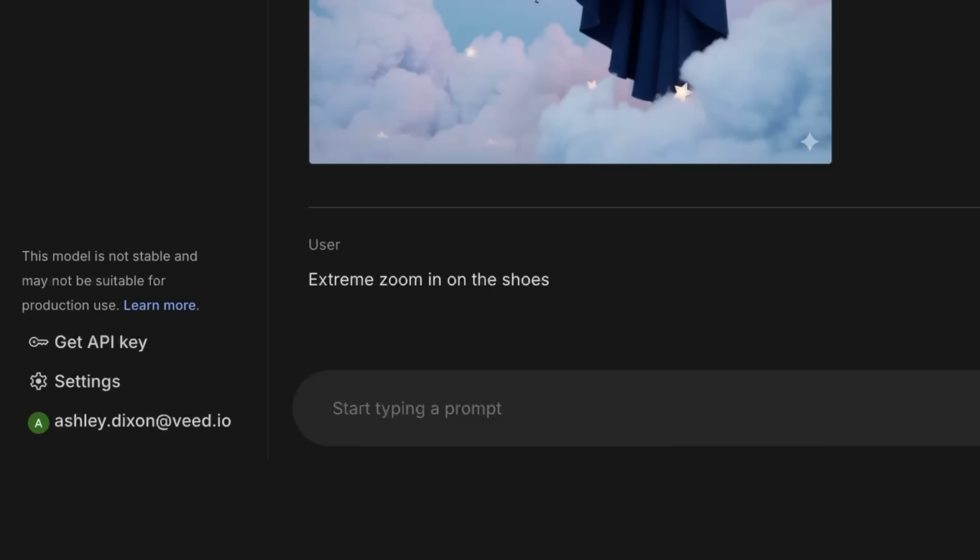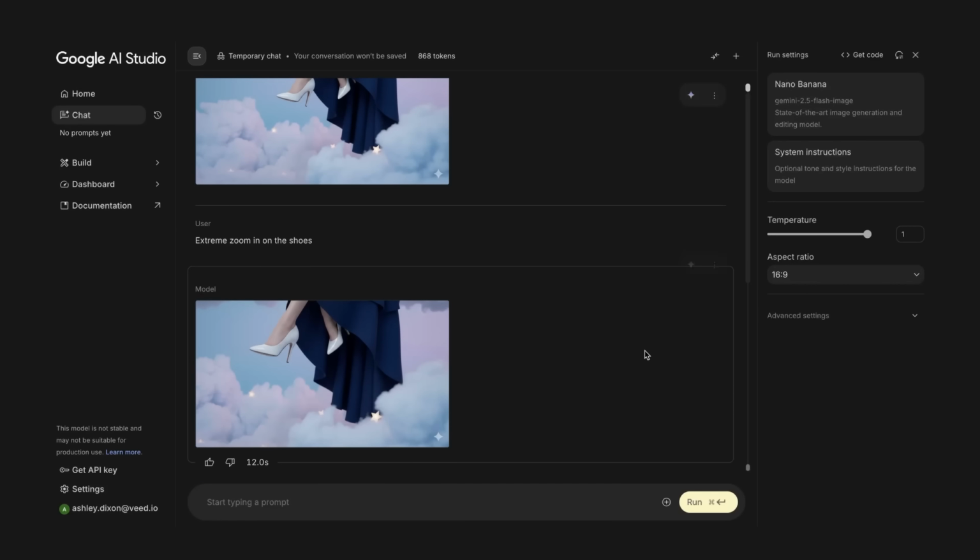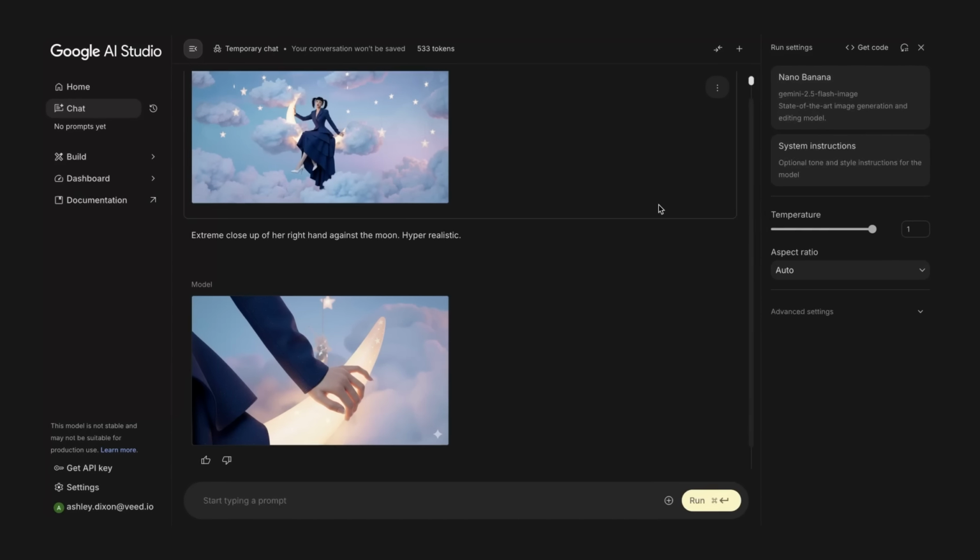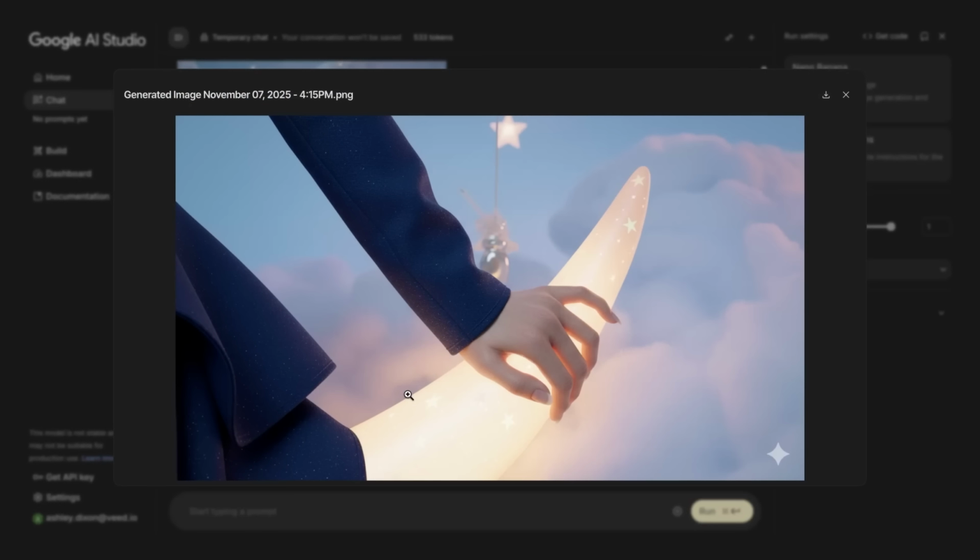For some reason, it loves the word extreme. It often won't appear to be super close up, but it will at least zoom in compared to the original. Another solution is to ask it to create multiple versions with various degrees of zoom. That normally tricks it into creating different results. And that whole process was also how I got this close-up of her hand on the moon for the 3rd